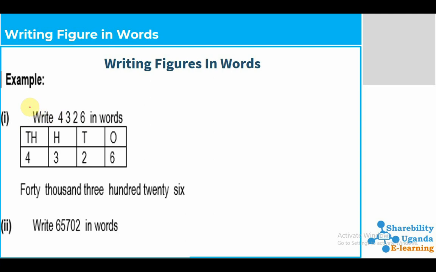When we are writing these figures in words, we have been given an example here. Number 1. Write 4,326 in words. We can arrange them like I've said that way. The 6 is in ones, the 2 is in tens, the 3 is in hundreds, the 4 is in thousands. That means we shall be able to say 40,000, 300,